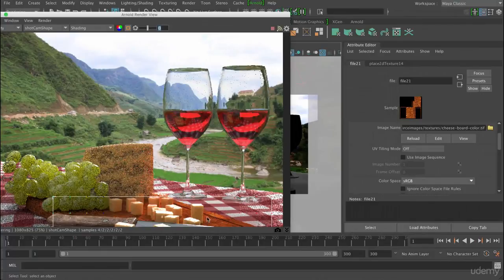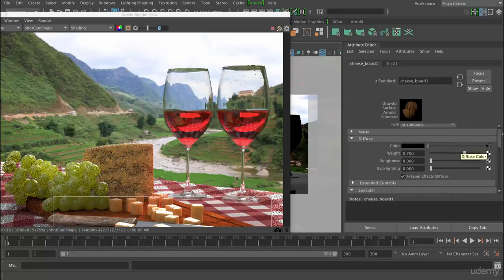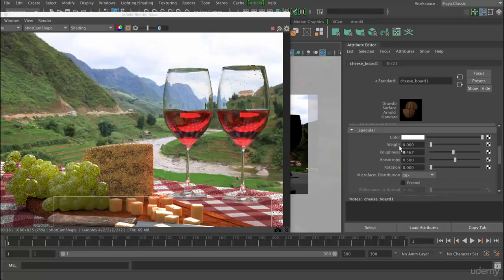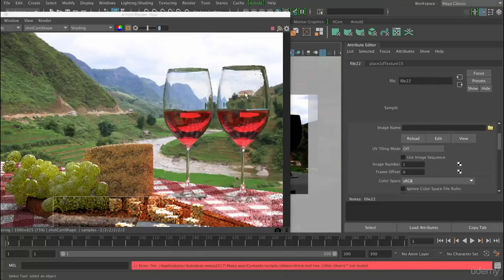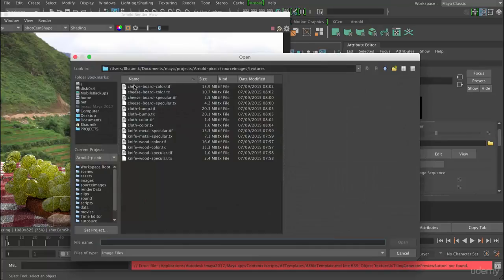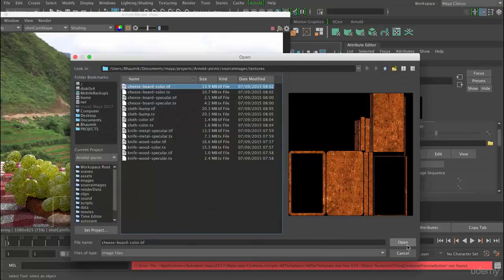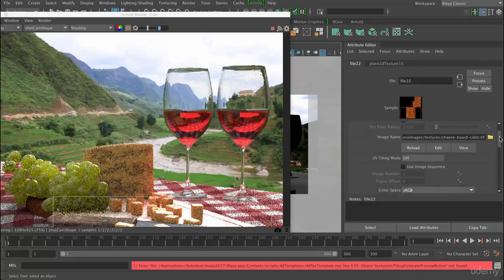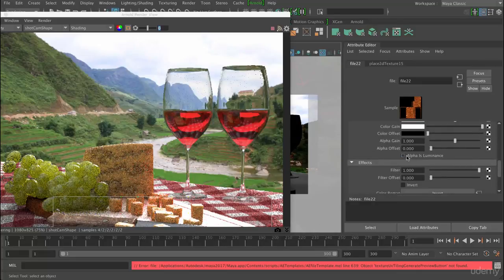So the reason the color is so dark is because we're going to add specular to this. So let's go to the shader. And as we've said before, we need to have a nice contrasty specular. So what I'm going to do is map the weight again, and I'm going to map that with a file. And it's going to be the same file again, so cheese board color. You can see that it hasn't taken on board the alpha is luminance,